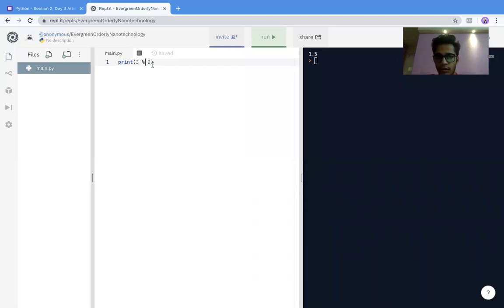Because 1 times 2 is 2, but when you subtract it from 3, 1 still remains. So that is your remainder. You'll have to go back to your mathematics if you don't understand this. There's a quotient and there's a remainder. 3 divided by 2 will give you 1 as quotient and 1 as remainder. The quotient, of course, is the answer for your division, but if you want to extract the remainder out of a division operation, we use a modulus operator. So 3 mod 2 will give us 1. That is the remainder here. Now, if I ask you, let's say 6 divided by 4, what will be the remainder here?